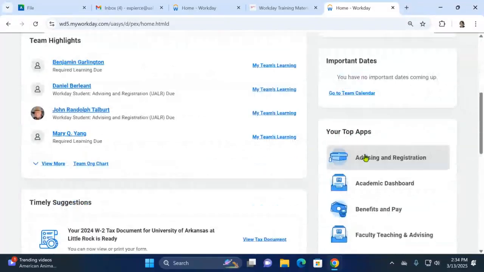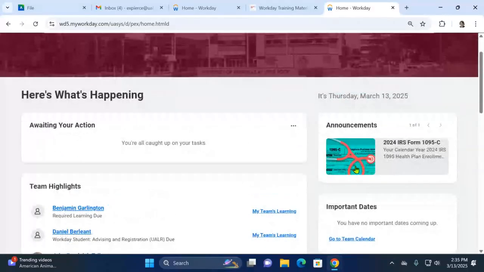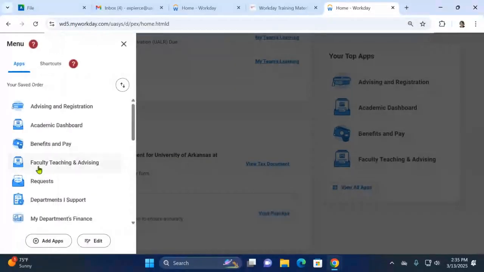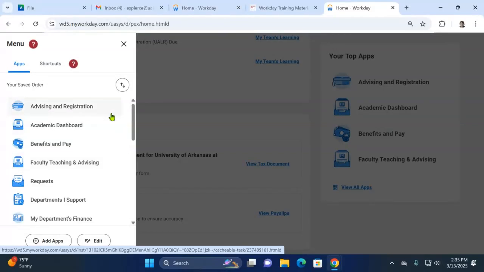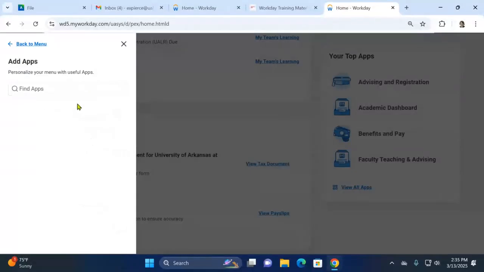And in particular, I've got team highlights and important dates and announcements. But in particular, you are going to want to check out your apps, okay? So notice I've got suggestions. But let me just show you something. Workday does a lot of its functionalities through these apps. And they have all kinds of apps. Let me just say, if I go to add an app,